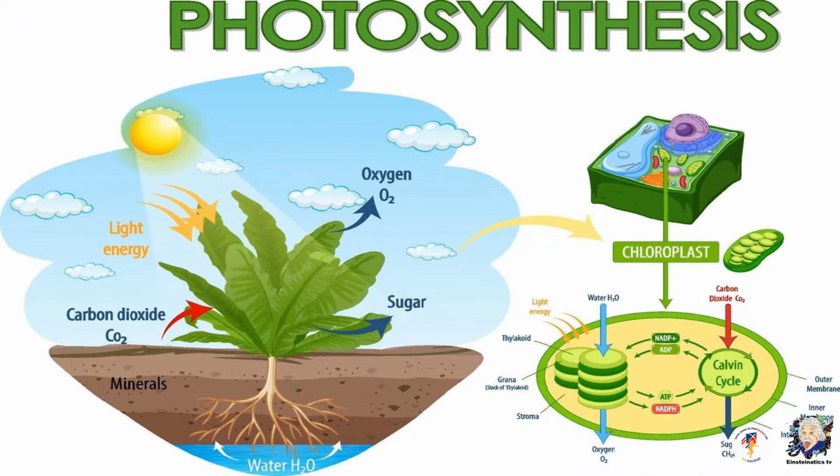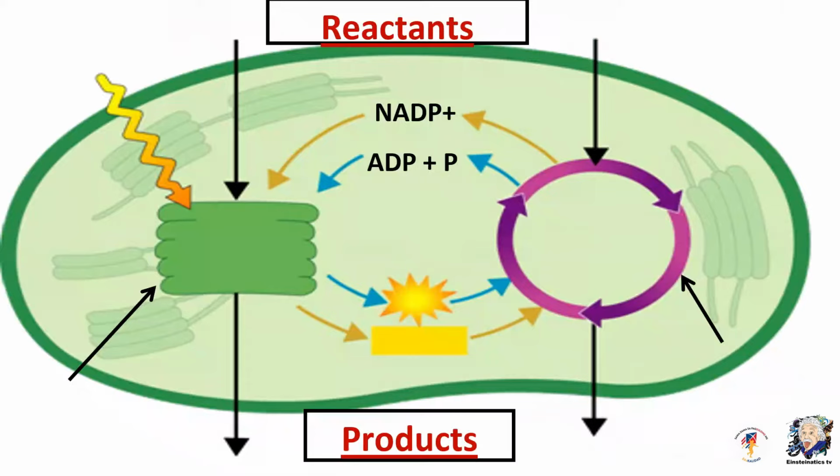Now that we already know the basic requirements for photosynthesis to happen, let us take a closer look at the process of photosynthesis, the parts that are involved, and the products and the raw materials that are needed in order for it to happen. As we all know, photosynthesis is divided into two stages. But before that, can you still recall what particular part of the plant photosynthesis happens in? Okay, if you have answered leaves, that is correct.